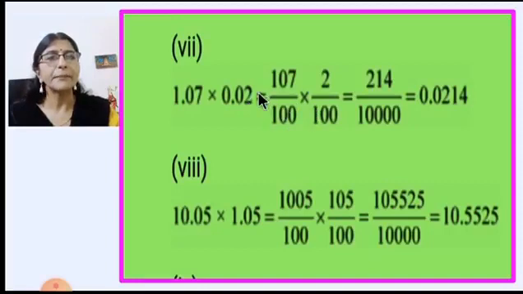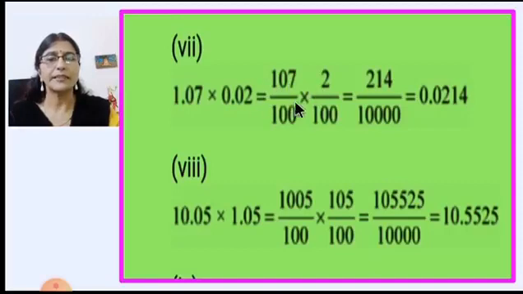Same way, multiplication sign is here. Here also you will give multiplication. Here also we'll do the same thing, we'll remove the decimal point. Here you can see again two decimal places are there. So 2 will be multiplied by 100. In the denominator nothing is there, 1 we always have to assume. 1 also will be multiplied by 100. So you will get 2 upon 100.